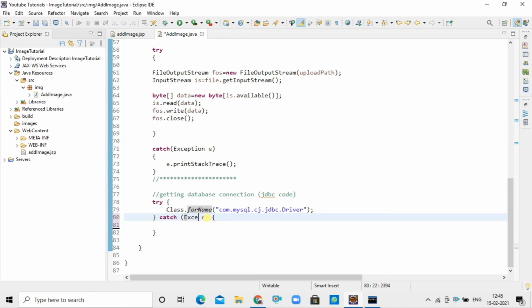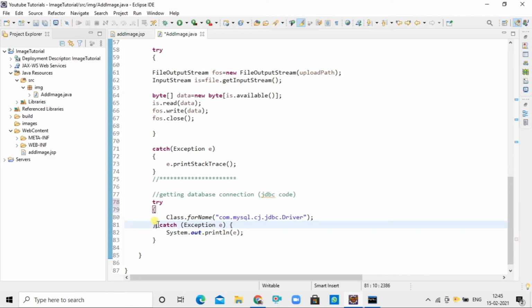Here I have used the forName method for loading and registering the driver, surrounded with try catch because it throws ClassNotFoundException.